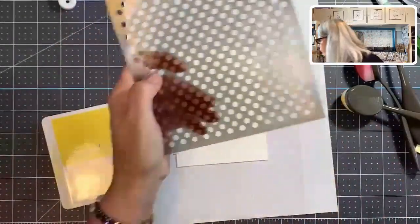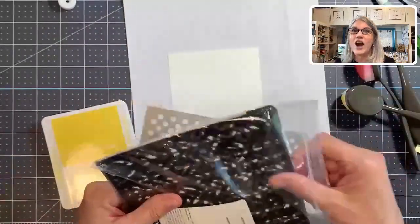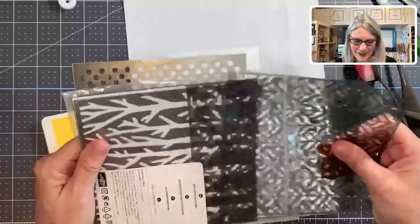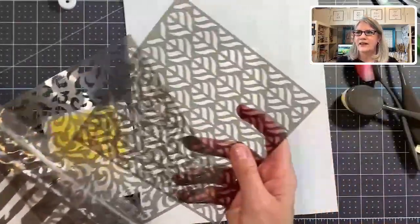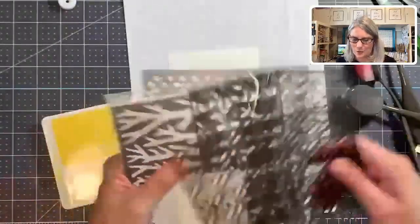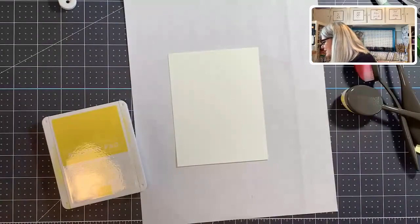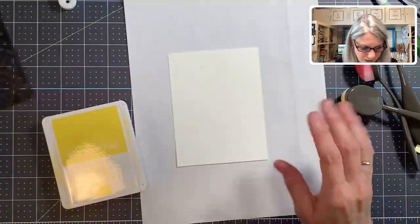We have 4 different masks in the current catalog, but we're getting 4 new ones and I can't wait. So we have trees and a damask and a leafy flowery thing. I don't know what they're called, but I love masks, and they're so fun to use with embossing paste. So we're going to use polka dots. Now,